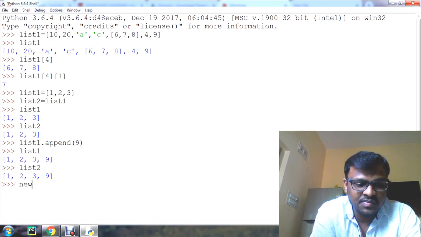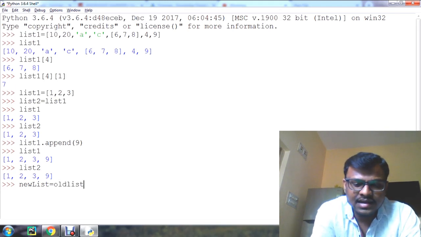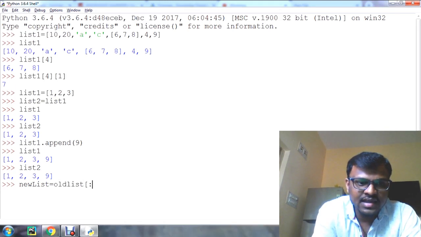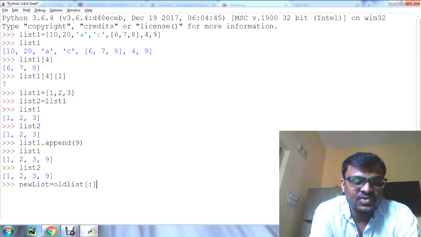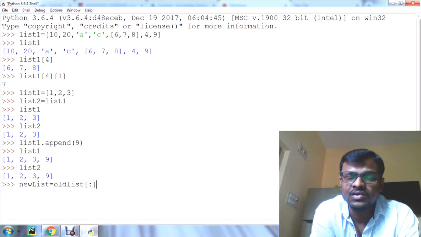The syntax is like this: new list is equal to whole list. Inside that whole list, we should enclose the colon in the square brackets. That means all the elements of the old list will be copied into the new list.